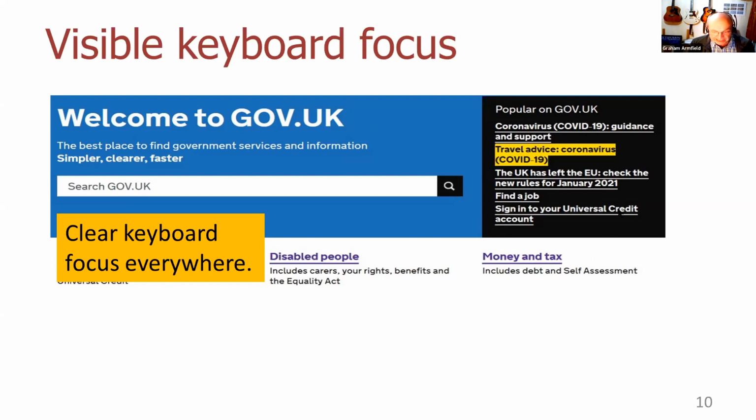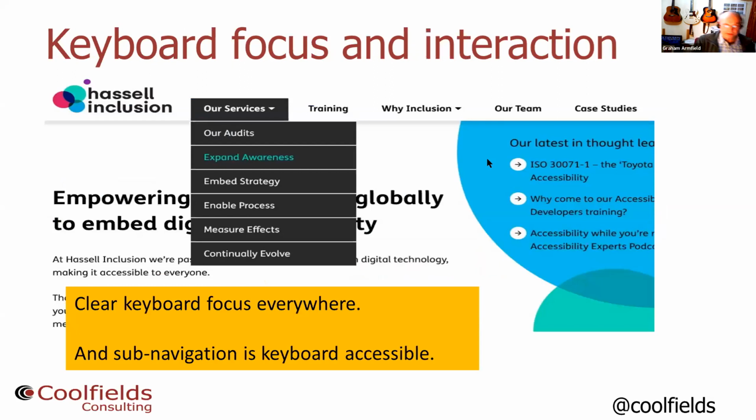If I hover over these links, I hope you can see my mouse pointer here, but if I'm hovering over one of those links at the moment, they do change color, but it's quite a subtle change. But then with my mouse pointer, I know where I am, okay? So if I'm a sighted keyboard user, I'm going to be really thankful for here, very clear indication of where keyboard focus is, this yellow background and black links, and that's common across the entire site. I can see at a glance where focus is. That's good.